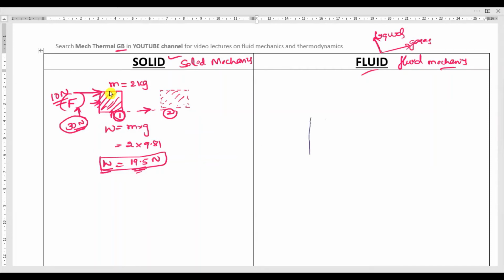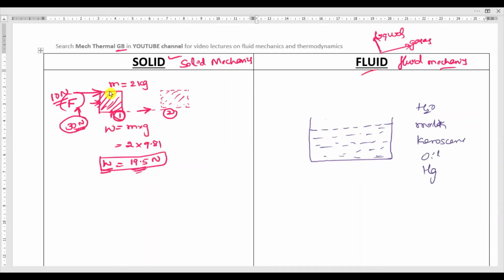Let us take one container. So in this container, I will take some liquid. It may be water, or it may be milk, it may be kerosene, or any oil, or mercury, whatever, because liquids are also types of fluid. Now you take a surface of this liquid, you consider one drop of water here. Okay, so you touch this drop of water with the help of your finger. So when you touch this surface, some amount of water will adhere to your finger.